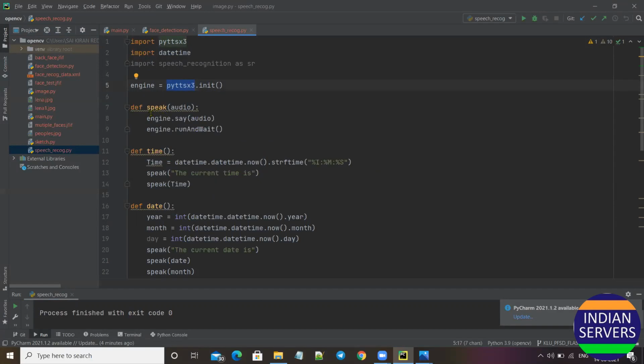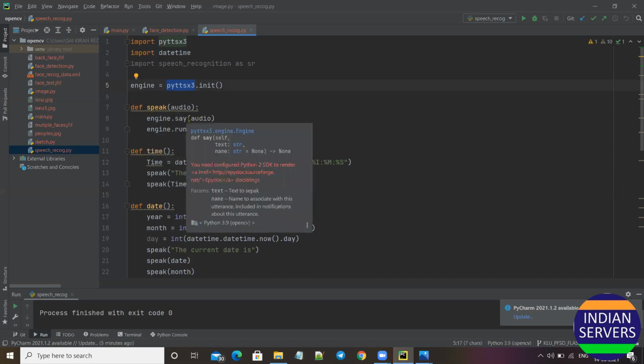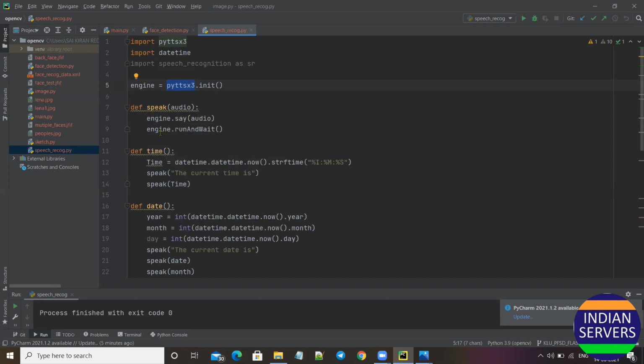I defined speech as a function with audio, and it gives the engine a say interface that queues the command to speak. Here I give engine.runAndWait, which is a none type. It invokes all the engine notifications and returns with all the commands.